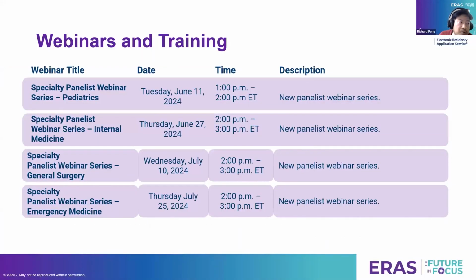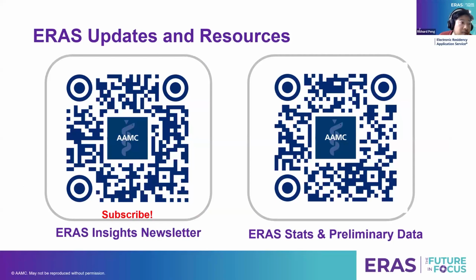As I mentioned before, this webinar series is part of a 5-webinar series. These are the other webinars. Keep an eye out for our communications and webpage updates to register for these when they come up. And last but not least, for ARIS resources I mentioned earlier, if you wanted to see more stats and preliminary data, you can use the QR code on the right. And then our Insights newsletter is a great place to capture any changes in upcoming webinars for this coming season.